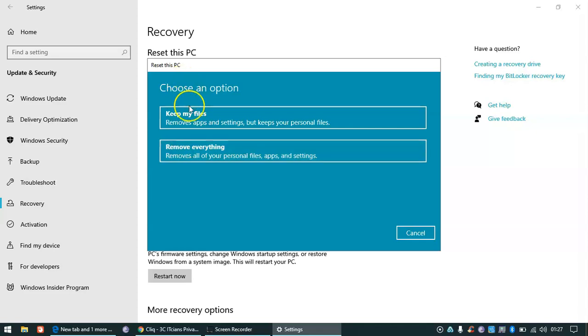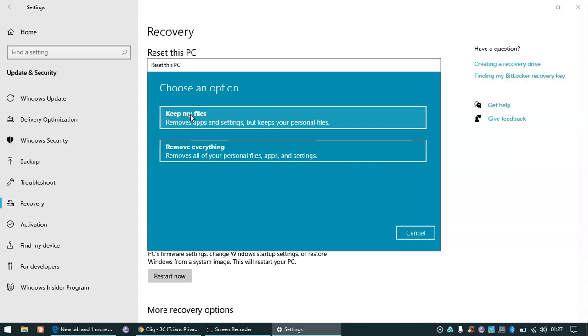When you click any one of them, now it will ask you to click Next. So you have to click on Next. And after that, go with every positive response, next, and then within half an hour or within 1 hour, your PC will be reset, and after that, your Windows 10 will be